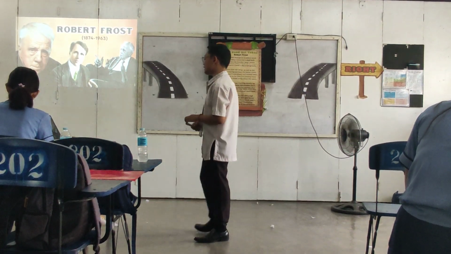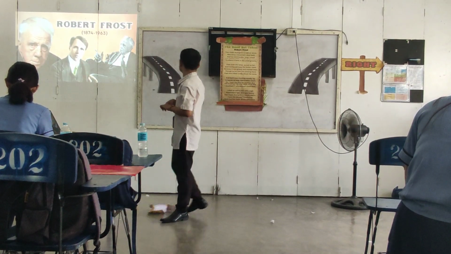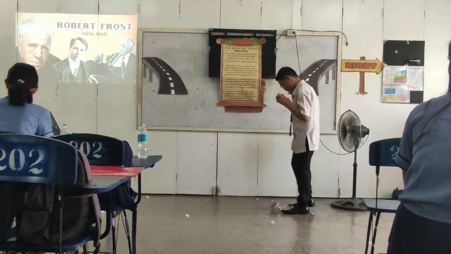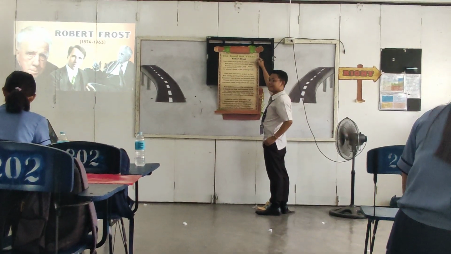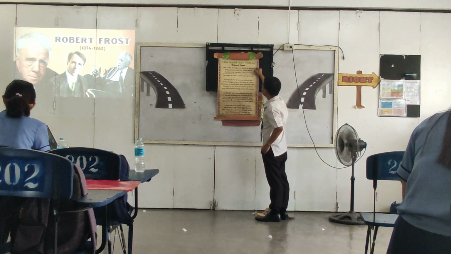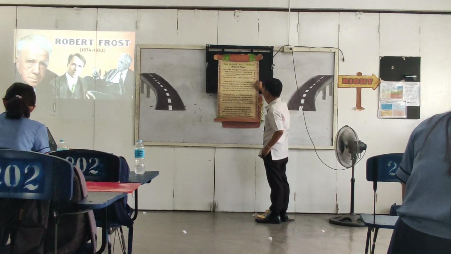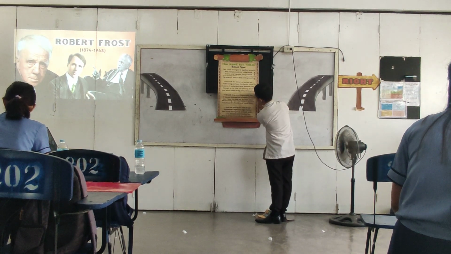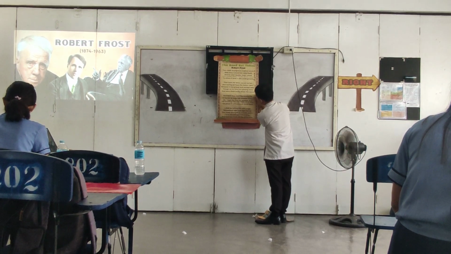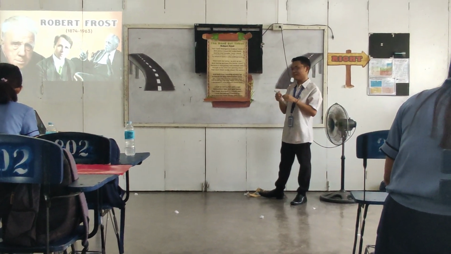So after that, let's think what is the rhyme scheme of the poem. Let's try to label its corresponding letters. So first, we have letters A, B, A, A, B, C, D, D, E, C, D. Next, for our third stanza, we have E, F, E, E, F. And for the last stanza, let's have Miss Simo.